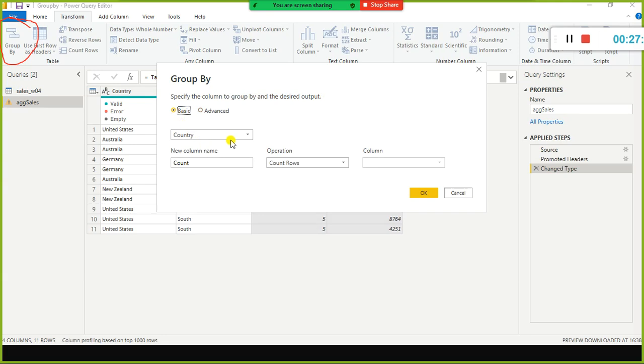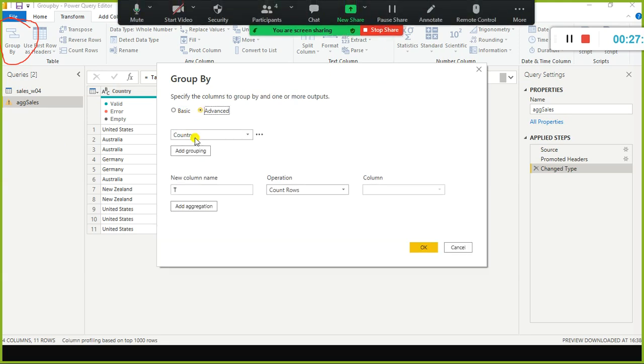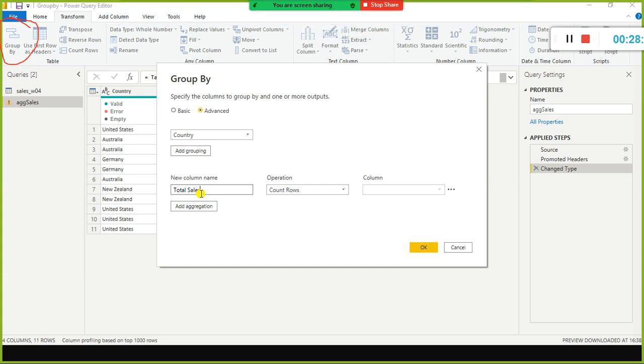Okay, country, and then the next one is total sales. We have to use advanced. So here I'm going to use total sales as the new column name. I'm going to do sum on sales here.